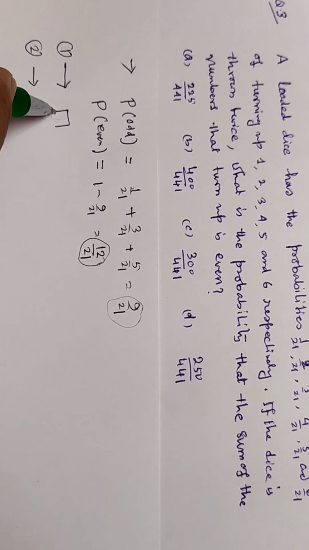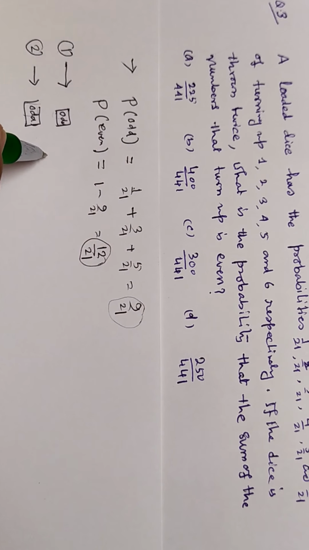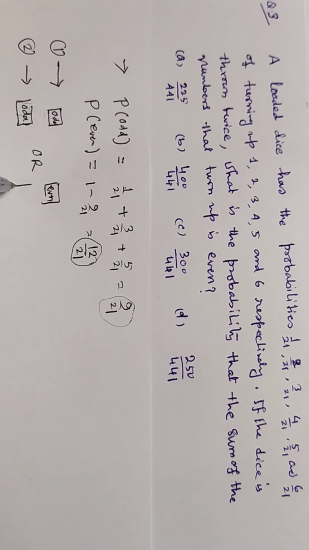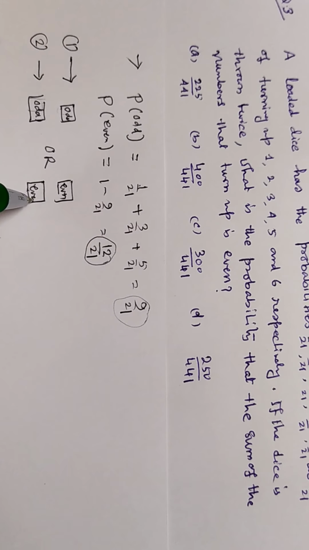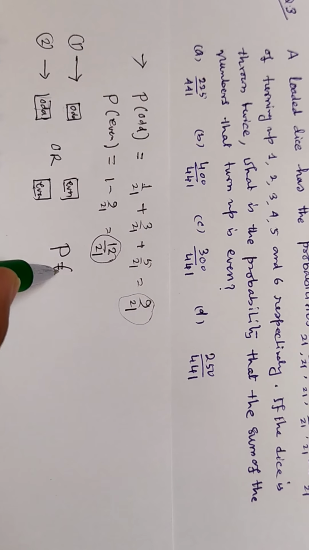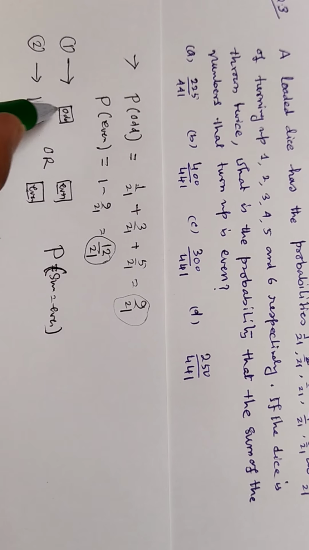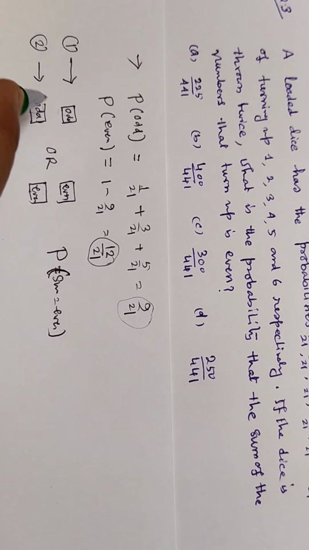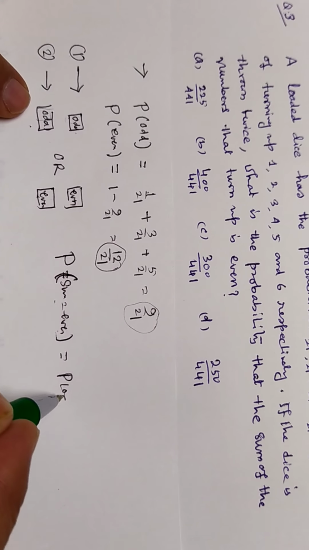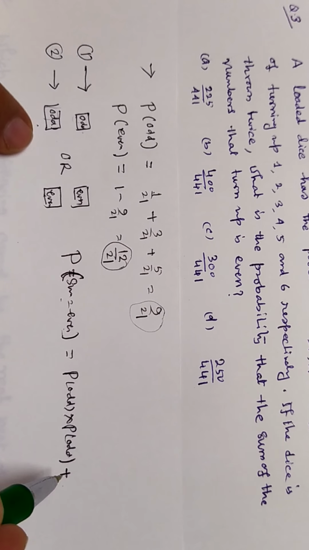Therefore the only possibility is that this should be odd and this also should be odd, or this should be even, the first trial number should be even, and in the second trial number also should be even. Therefore the total probability of the sum being even, the total probability of the two numbers appearing in two trials, the sum of those numbers is even, equals odd and odd, that means p odd into p odd, or means plus p even